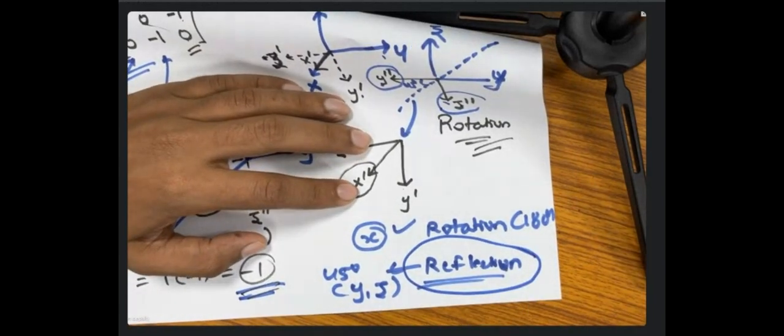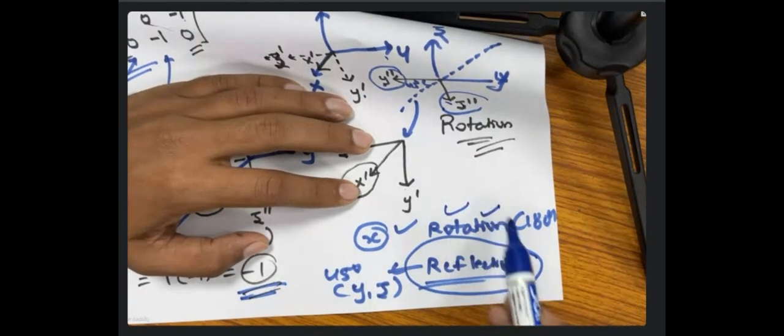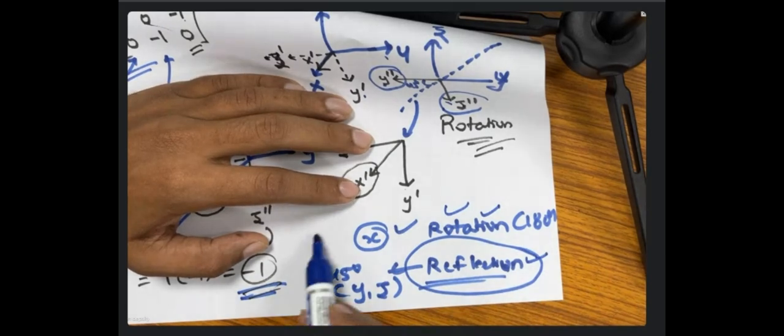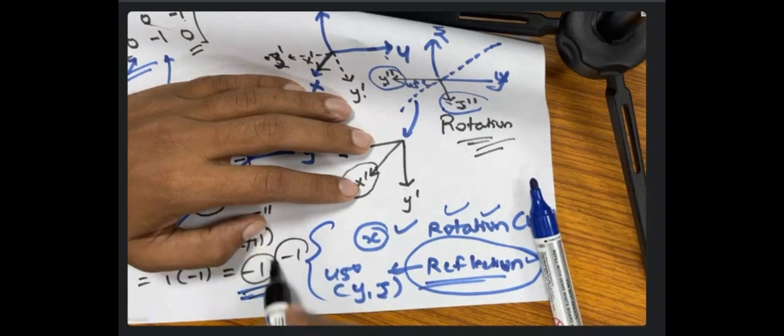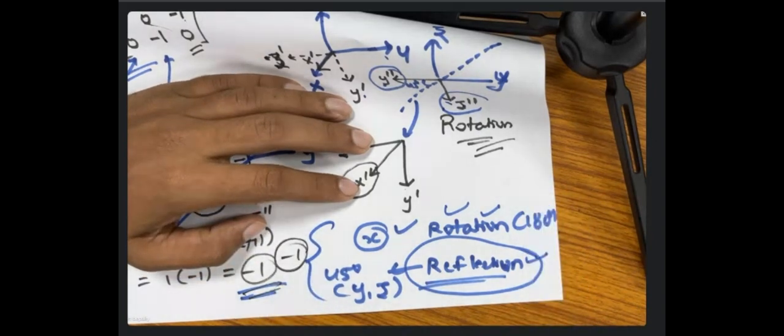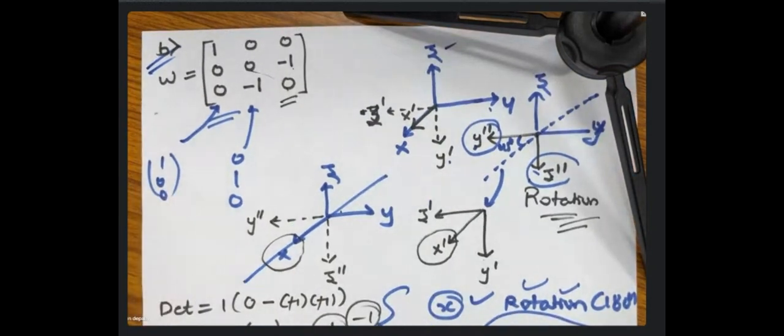Reflection is improper, rotation is proper. Rotation is not going to change handedness, but reflection is going to change handedness. So effectively, when I combine this, I will get the determinant of minus 1, which is saying that yes, the handedness is going to change. And that's how we have solved this particular question number B, which is a combination of rotation